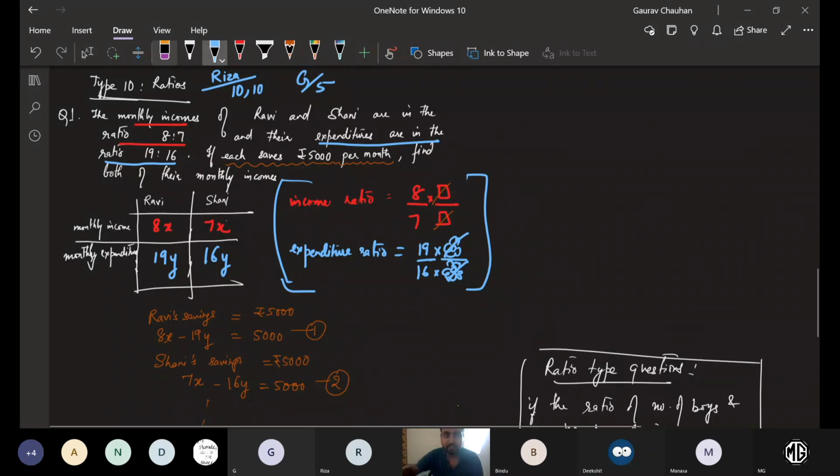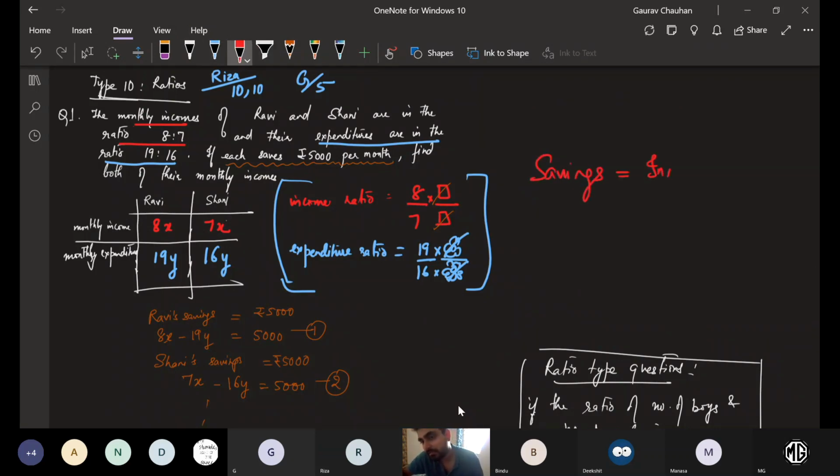Okay. Basically, anyone has a doubt? So guys, anyone has a doubt what savings means? Savings basically means income minus expenditure. If you have any confusion, please write this. Actually, everyone write this. Income minus expenditure. This you write and keep in one box. You can write below this only. Okay. All this knowledge is just